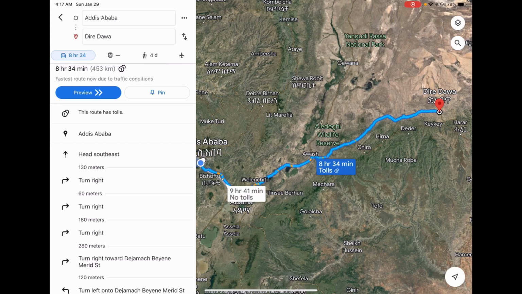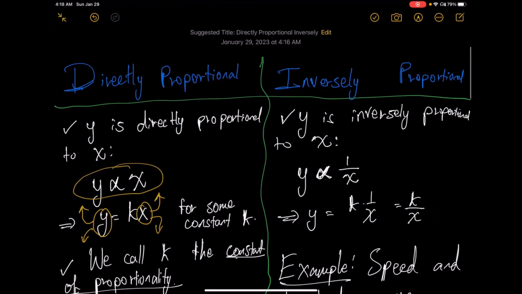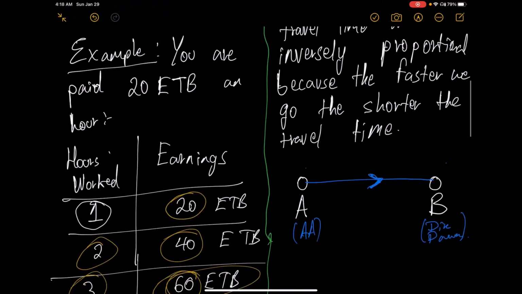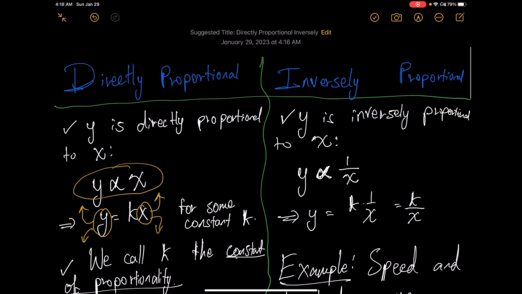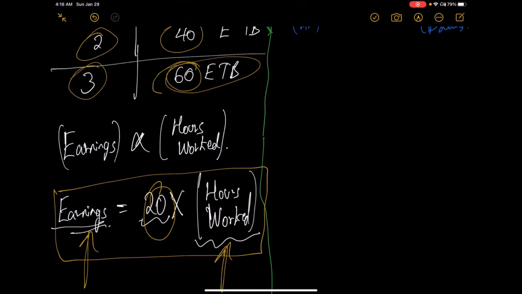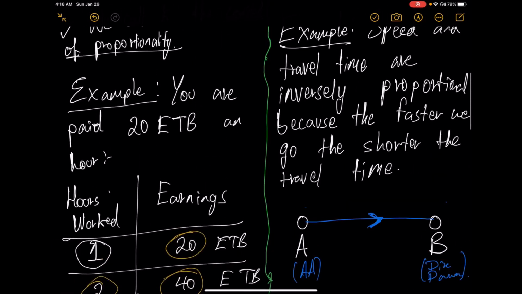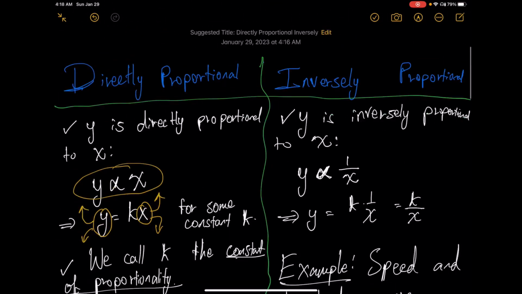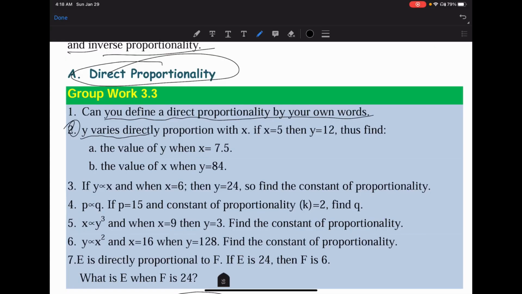ለዛ እዚህ ጋር ካያችሁ ሐሳቡ ስፒዳችን ሲጨምር ትራቨል ታይማችን ይቀንሳል። ስፒዳችን ደግሞ በጣም ከቀነሰ ትራቨል ታይማችን ይረዝማል። ኦኬ አንድ ኤግዛምፕል ሰጠን inversely proportional፣ አንድ ደግሞ directly proportional። እንግዲህ አያችሁ ኔቸር ላይ ሪያሊቲ አንዳንድ ነገሮች directly proportional ናቸው። ለምሳሌ earnings እና hours worked directly proportional ናቸው። ስፒድ እና ታይም ግን inversely proportional ናቸው። እንደ ሁኔታው ይለያያል ማለት ነው፣ እንደ ቫሪያብሎች።